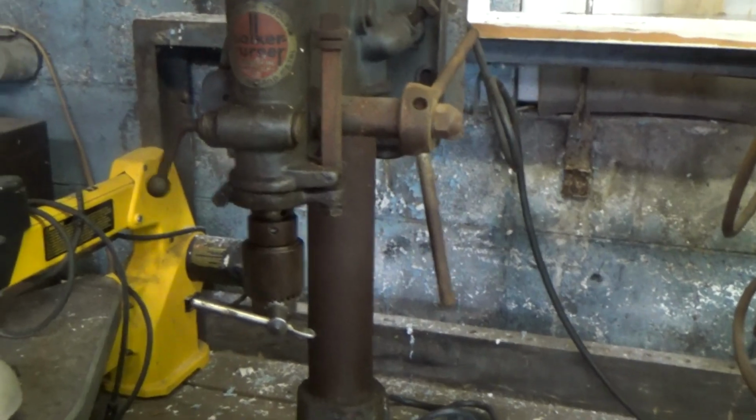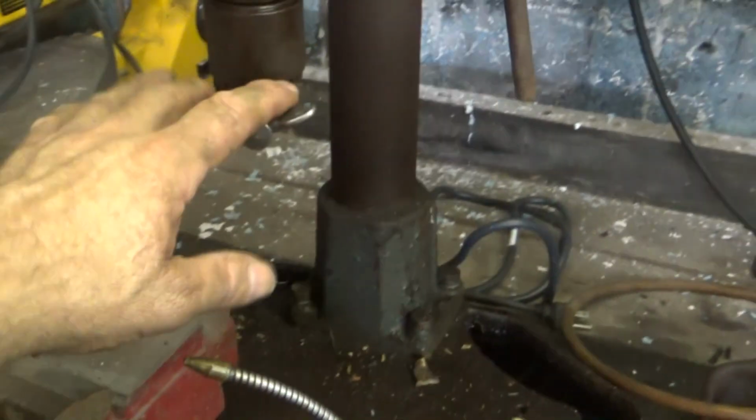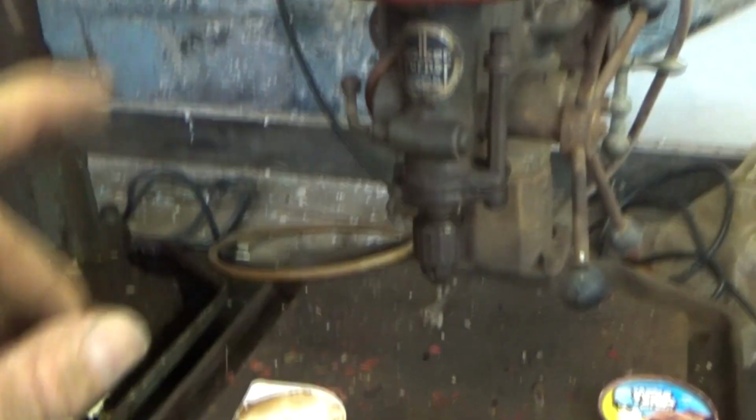Over here we've got the Walker Turner drill presses. There's another video about these two. I was surprised that they were working, and since that time I was using this and did a little job with it. So they need a little more